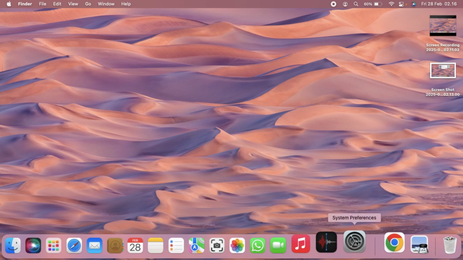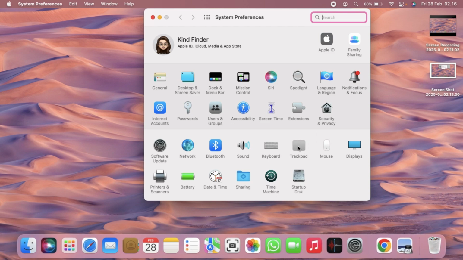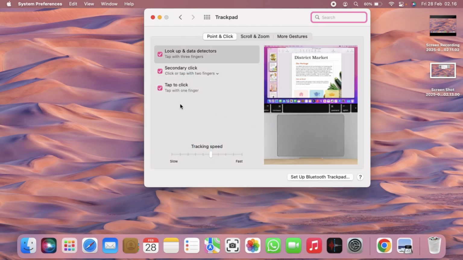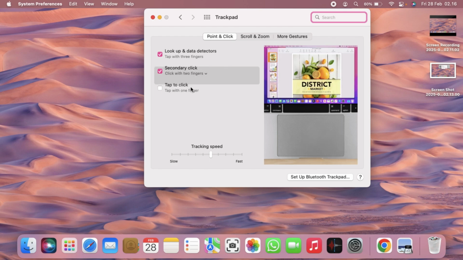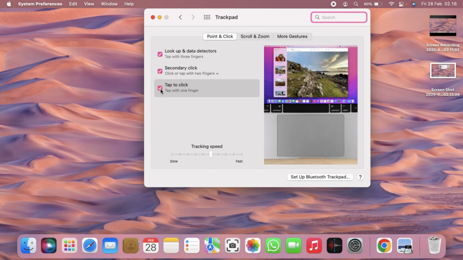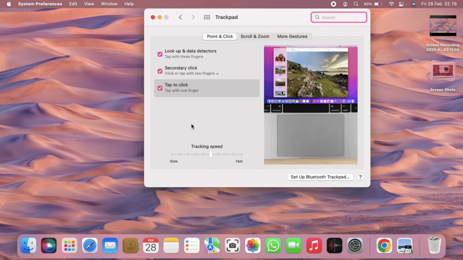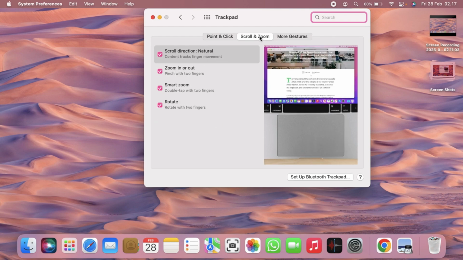So you can just open your System Preferences on your MacBook. You can just click on Trackpad. So in here, there is an option, Tap to click. You can just click on that. So now, if you want to click on your trackpad, you don't need to click down. You can just tap on your trackpad to click something. So and here too, you can just